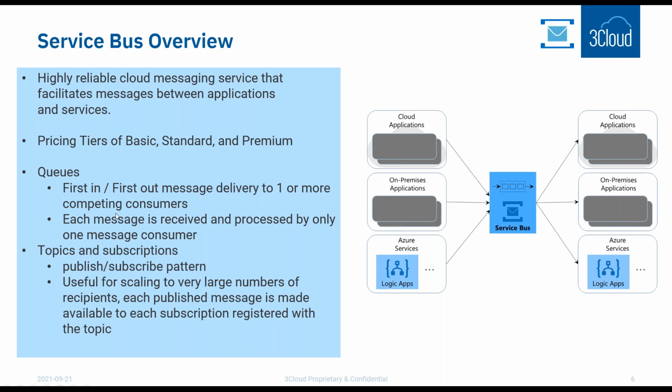So the two types of messaging entities within a service bus are first queues, which is first in, first out message delivery to one or more competing consumers. So each message is received and processed by only one consumer. So this allows you to scale out load balancing your consumers, where you can have multiple consumers listening to a queue for messages, but only the first one to read it gets it. It's first one in wins, and then once that message is successfully processed, it can be removed from the queue,